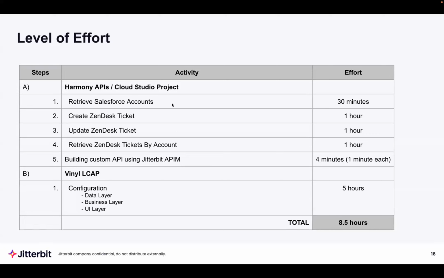So creating the project took about 3.5 hours. Then after adding the API, it's very quick, as you all know. It's a minute per API to basically identify what we wanted in terms of API, what operation it was based on, and developing what Mayank showed in Vinyl took about 5 hours. We didn't do a production-ready type of application. We just wanted to show the capabilities, but it was pretty fast to put that demo together. So then we can show capabilities. So thank you,